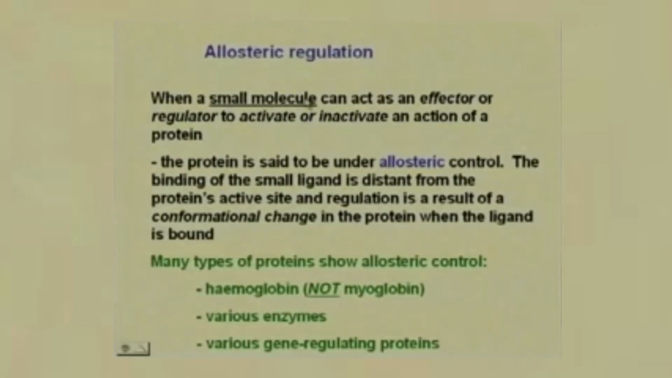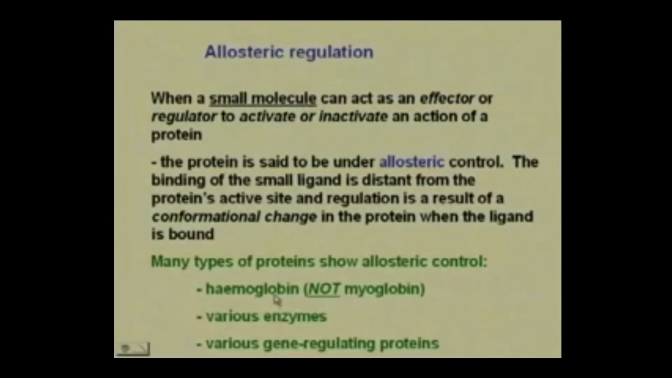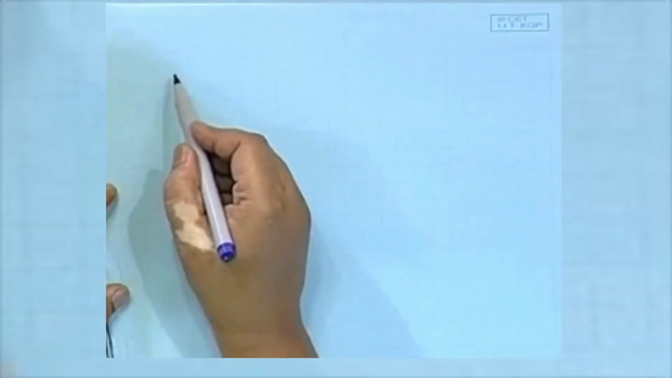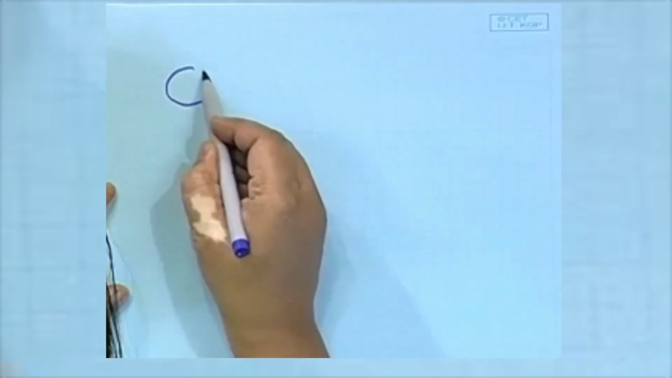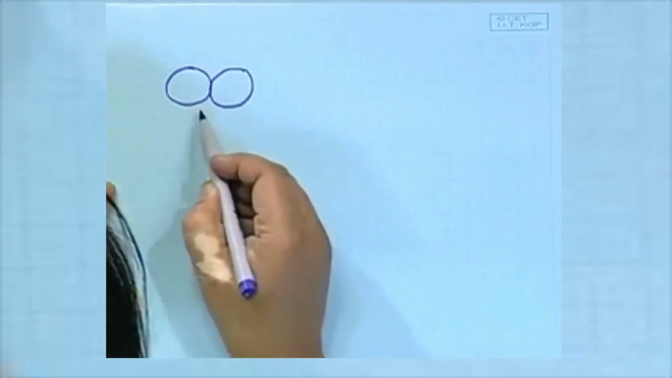When this small molecule, for example, we will be doing hemoglobin later on. For example, we know that hemoglobin binds oxygen. Oxygen is a small molecule that binds to hemoglobin. Now, hemoglobin, when oxygen is bound to it, it acts as an effector or regulator into activating hemoglobin. What does that mean? The protein is said to be under allosteric control. This means that, for example, if I just show you what it means here, suppose we have our hemoglobin molecule that is actually comprised of